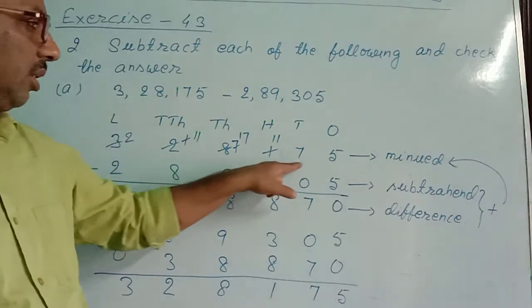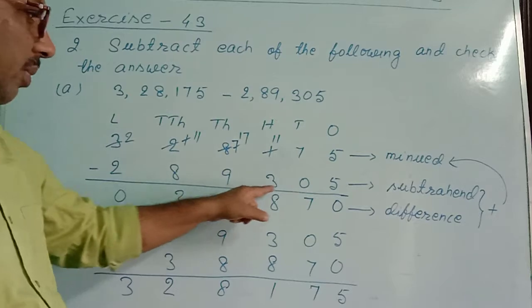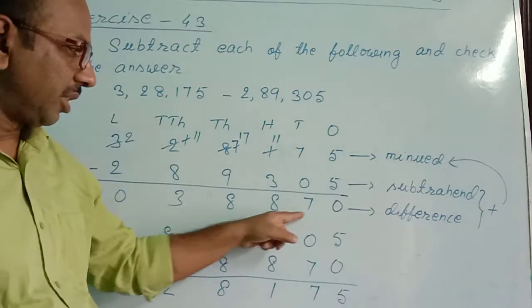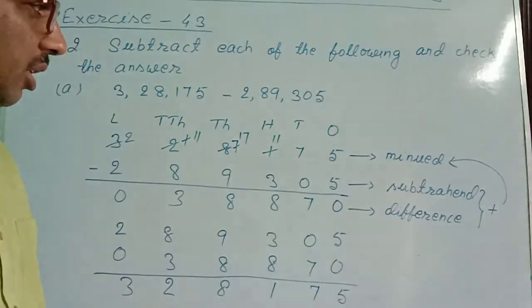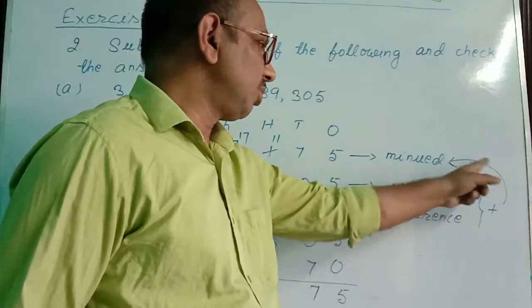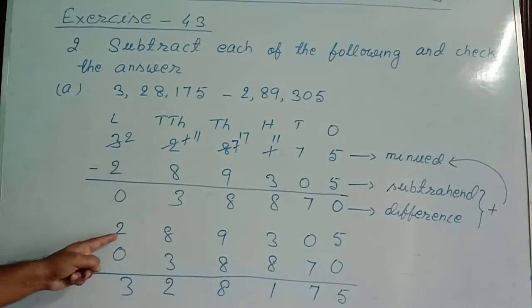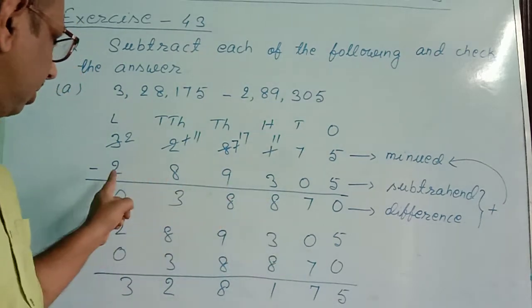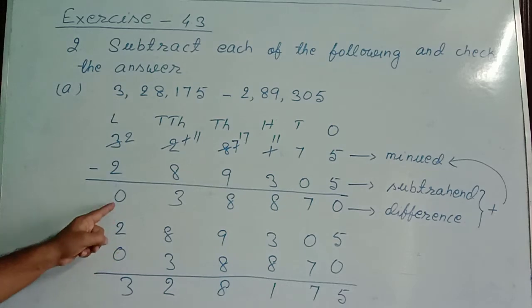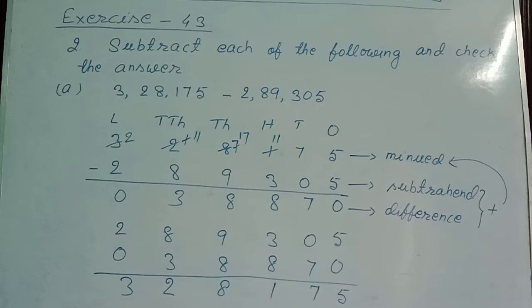This first one, the upper one, is called minuend, the next lower one is called subtrahend, and this subtraction result is called difference. To check your answer, if you add subtrahend and difference, then this will give you the minuend. So for that I have written these two, this number 2,89,305, and then I wrote this number 038,870, and I